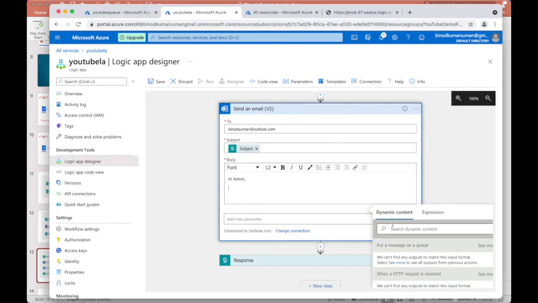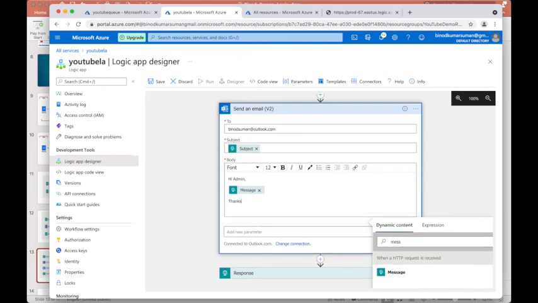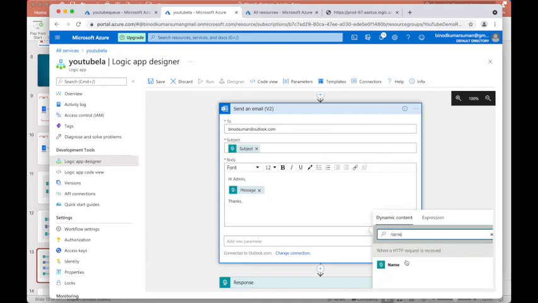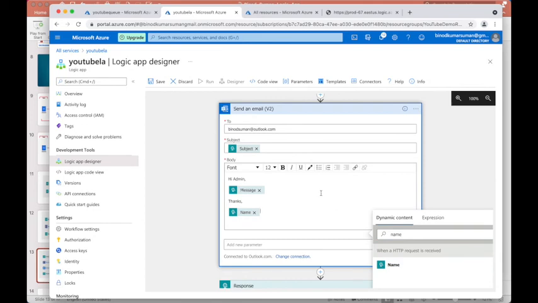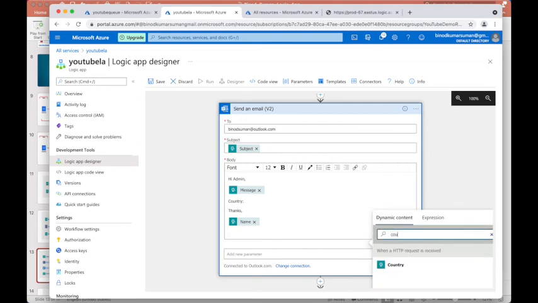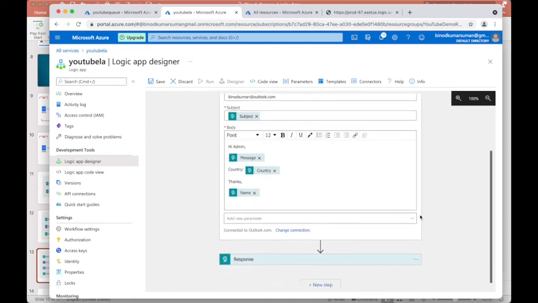So you can see the message here. You have to add the message, it will come, and thanks, and who is sending, so it comes from the name. So put the name over here, right? And you also have to specify from which country this issue is, so you can add the country name also. That's it. So now we have done.